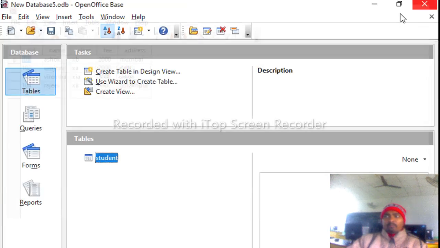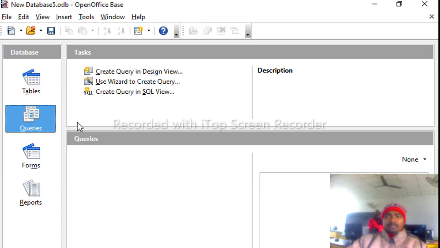Okay. My requirement is to create a query using design view. First of all, select the query option from the left pane. Okay, this is the left pane. Select the query option. There are 3 options for creating a query.